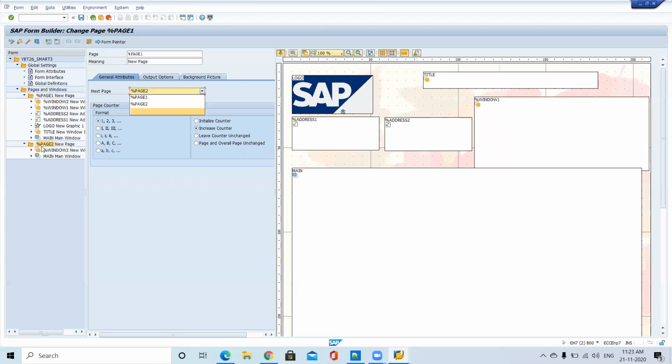At the same time, in page two, you have to change it as page two. Page two continuation, second page, third page, all the formats are like page 2 only. So here also you have to change. If you have not changed it, then it will take the old page only. Even though you have a second page, it is not going to display that information.